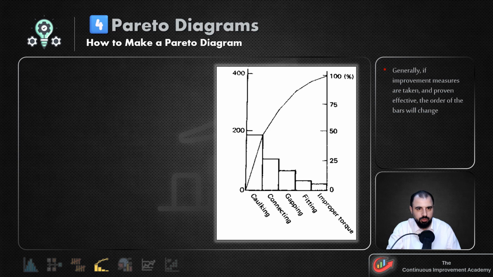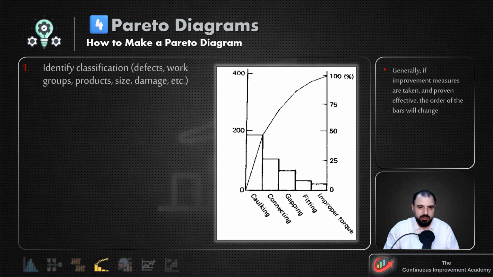So how to develop a Pareto diagram? So your first step should be to identify what you're trying to prioritize. So identify the classification. For example, am I monitoring the defects or work groups or products, different sizes, different damages, and so on and so forth. So by doing so, you can later on use these classifications on your